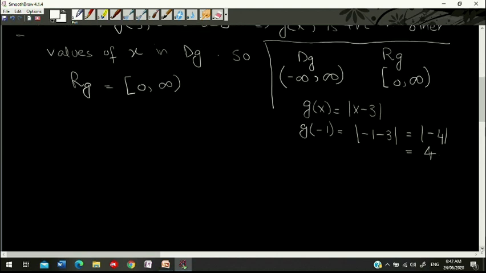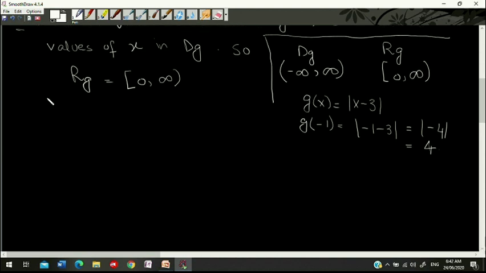Okay, now we have to draw the table for g of x is equals to |x minus 3|. For this function, you have to draw the table. So what we do, we take some values from the positive side, some values from the negative side, and 0